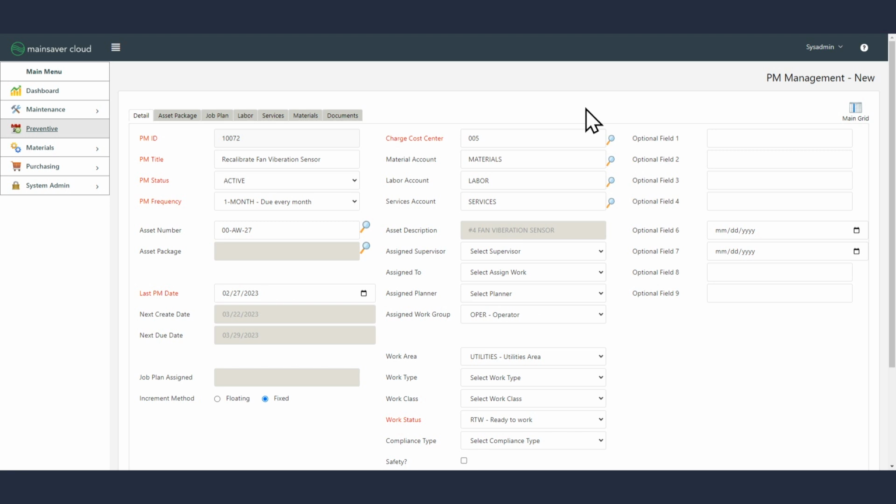After saving, you can freely navigate between the tabs to plan necessary tasks, services, and materials. Most commonly, you will use the Labor tab to plan craft times,